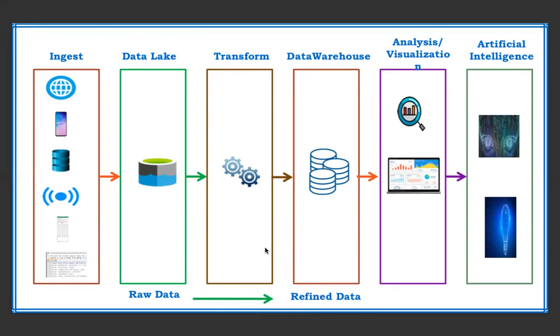In the very first stage, that is the ingestion, which is the most important stage, you need to collect raw data from various data sources. Your raw data can be in different forms. It can be CSV files, TSV files, database files, log files, Excel sheets, and various other types of data. So you need a centralized place where you can store your raw data. And as you know that we are living in a big data world, so data is increasing exponentially. For this, your data lake must be scalable, reliable, and durable.